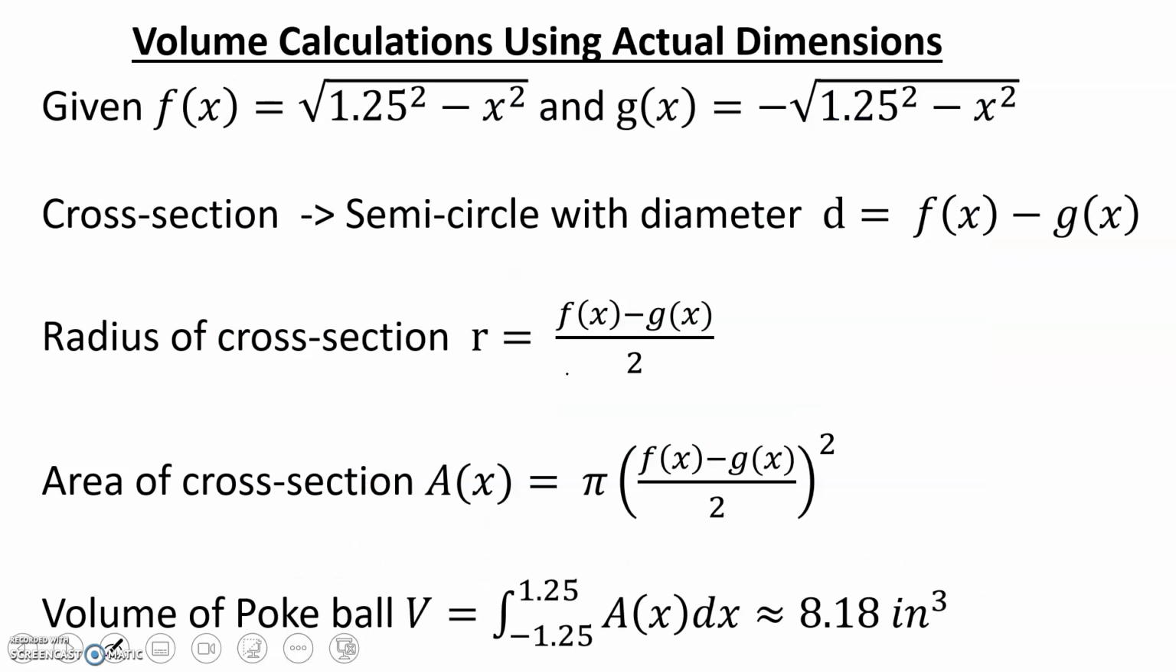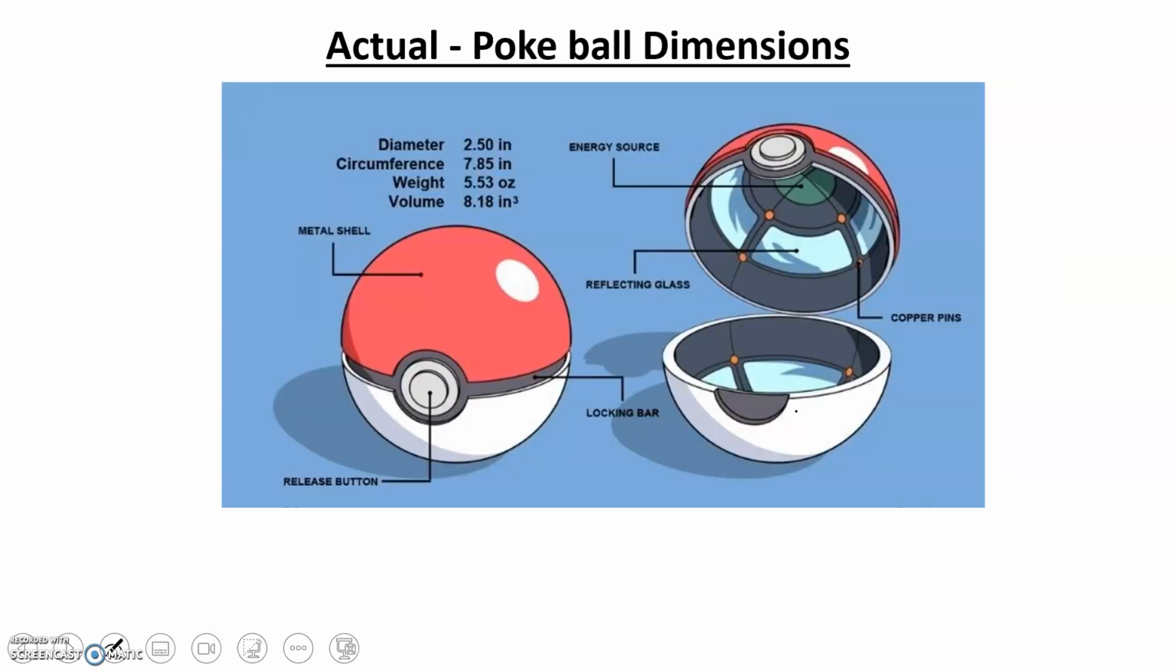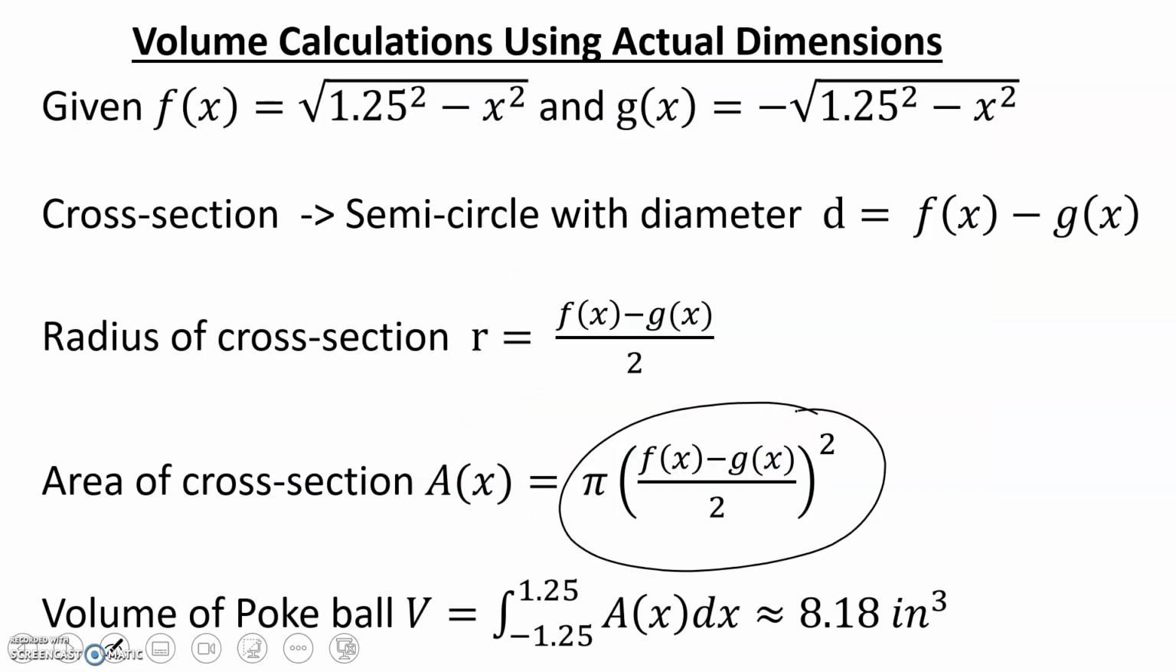So in order to get the radius of my cross section, I know that is half the diameter. And in order to get the area of a semicircle, it is 1/2 pi r squared. In this case, I did not include the 1/2 because I was calculating the area of the true Pokeball. But for my actual cross sections, it will be 1/2 of that area. Okay, so then using that information,